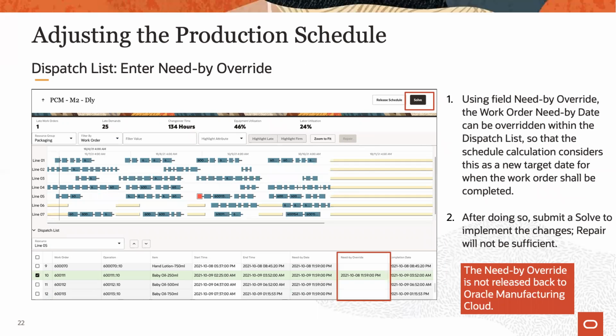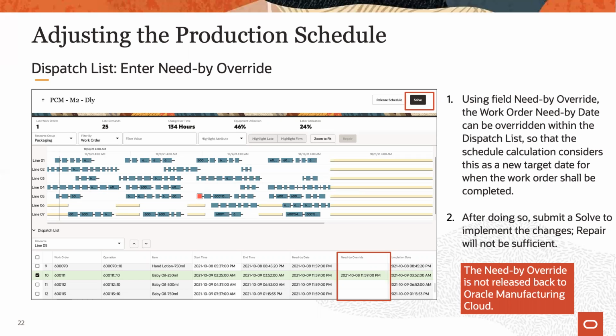Now, when a schedule is calculated, one of the drivers considered by the algorithms is the work order need by date. This is the time when the work order is ideally scheduled to complete. There can be situations where a scheduler may want to move a work order earlier or later. For example, when scheduling buckets and user-defined sequences are used, then it may be beneficial to ensure a specific work order to be scheduled in an earlier or later scheduling bucket, simply based on the job composition in the different buckets.